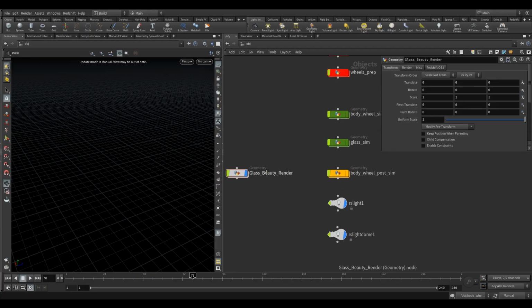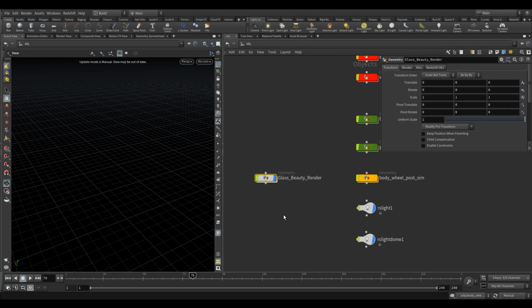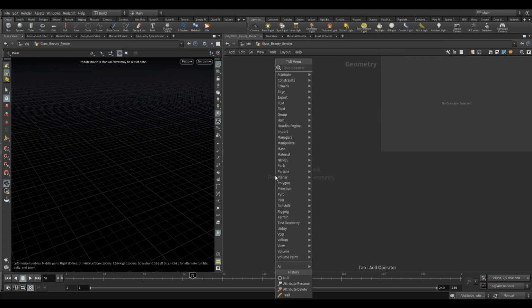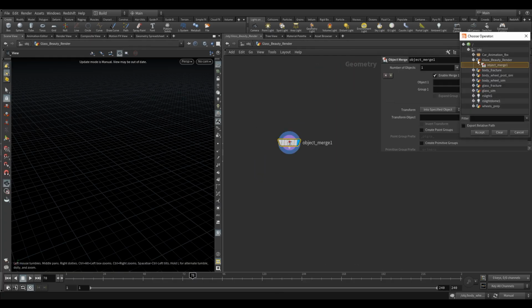So beauty is generally the term used for the actual render, the colors, right? So the full render with everything together, not just reflections or just shadows, which we're going to be separating. So let's go in here, and then I'm just going to object merge in our glass, that out from the glass